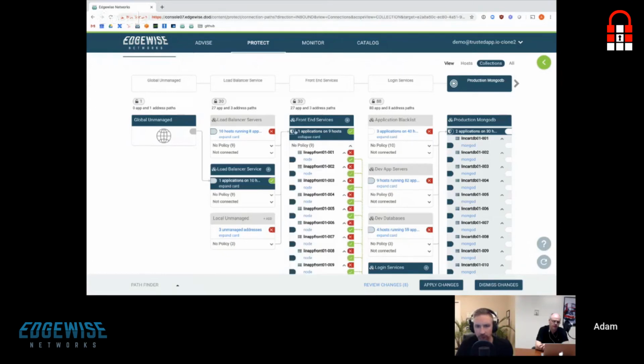With Edgewise, I've already set the policy in place of what's allowed to communicate with them and how they're allowed to communicate out onto the network. We can see here I have all of these individual auto-scaled instances of the front end automatically in here. So where we set one policy, it's automatically going to apply to every instance that we need as this scales up and down, without me as the practitioner having to do anything to change it.